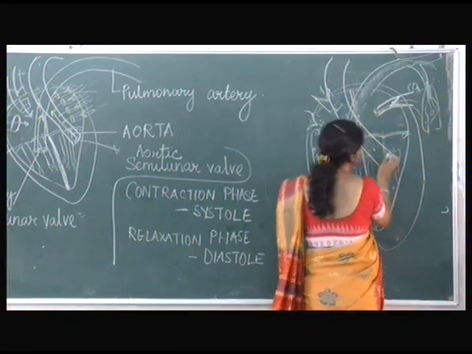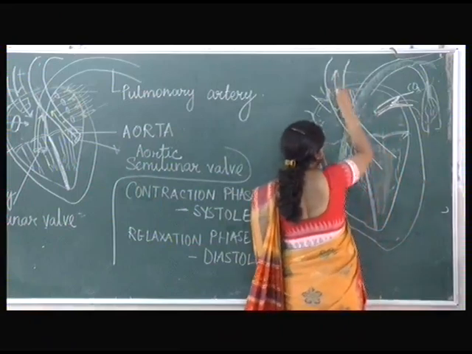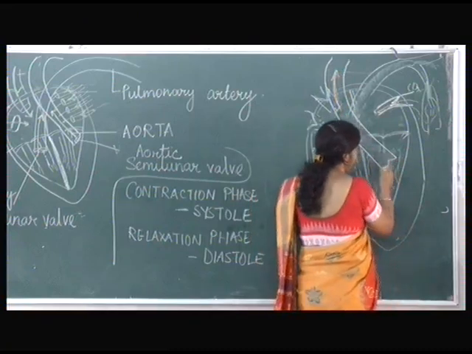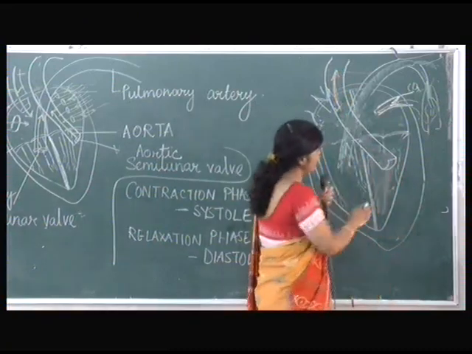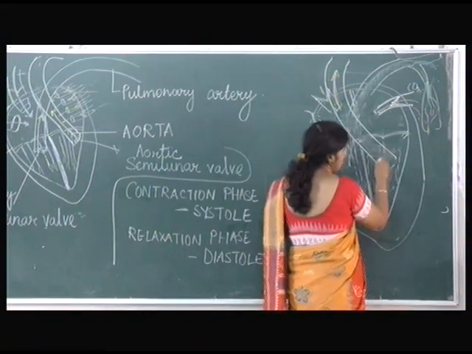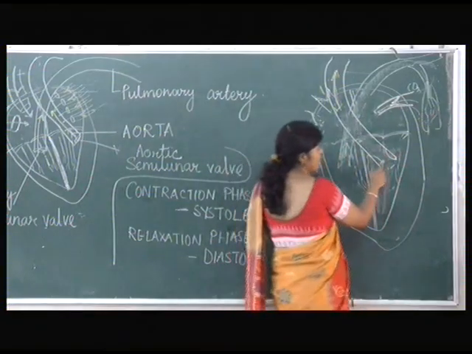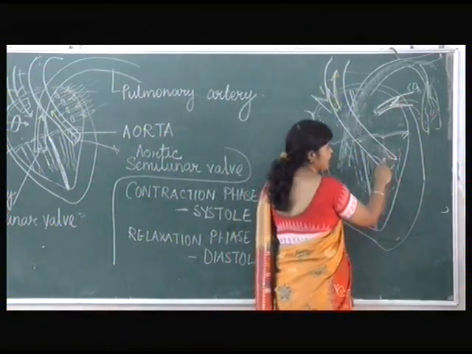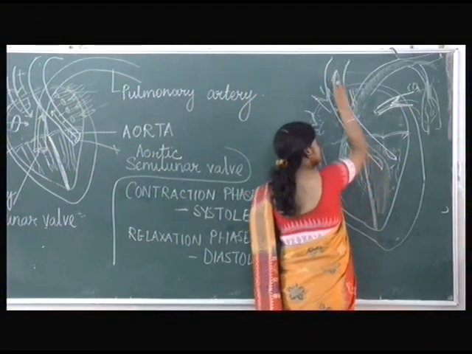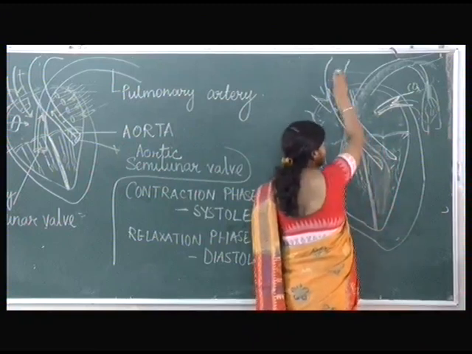Now, what kind of blood is moving? It is the oxygenated blood that is moving. Is it clear? Oxygenated blood is moving to different parts of the body. Now, when the blood is moving, remember the semilunar valves again open. The semilunar valves are open, but this is closed. Why are the semilunar valves open? To ensure that the blood flows in this direction. It is allowing the flow of blood in this direction.